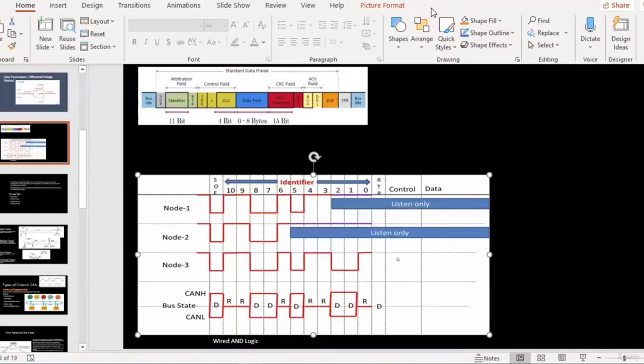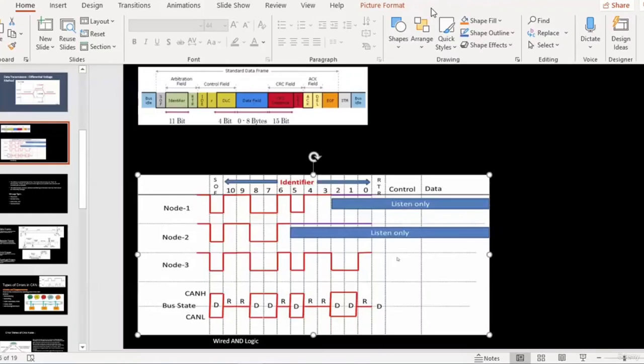But the problem with this kind of configuration is that suppose there is a node which doesn't have anything to transmit, but in that case also, the 10 minutes that are assigned to that particular node, no other node would attempt to transmit. And that is why there is a lot of wastage of resources and time. So that is why CA is not preferred in the automotive industry, because we are wasting a lot of time. And since the data is very critical, and the speed of transmission and reception is also very high, collision avoidance is not applicable to the automotive industry.